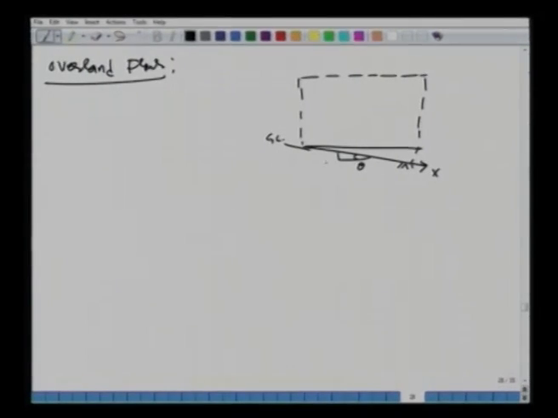This angle is theta, this we call S naught. Perpendicular to the x direction is y. Here you are looking at the sheet flow, where the water is flowing from left to right, and what comes out is your velocity v,